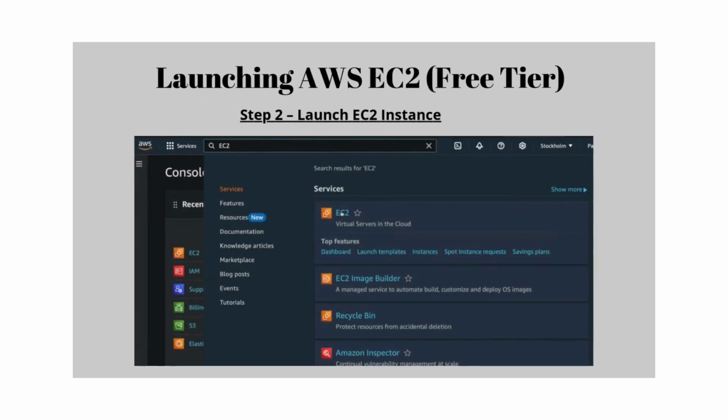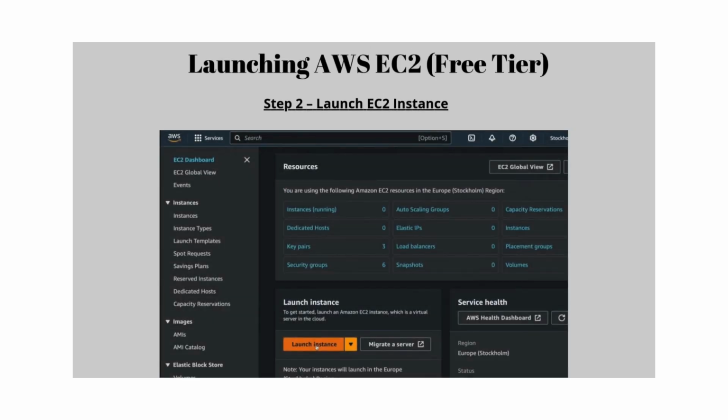Now here we'll go to AWS, search for EC2 services, and then we'll get the service called EC2. We'll select it as a virtual server in the cloud, and then we have to go to the resources. Then we'll choose our resources and launch the instance. After launching the instance, you'll get the next page